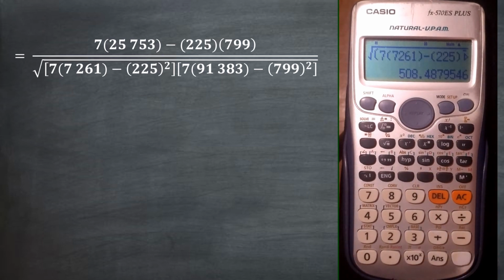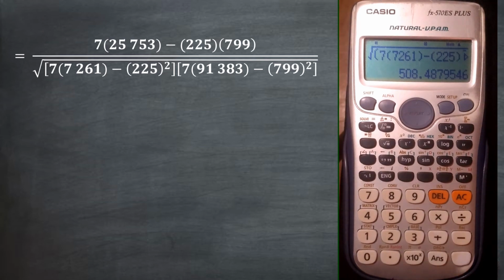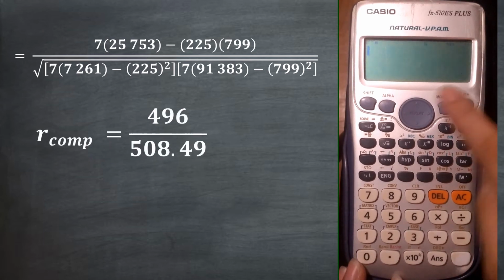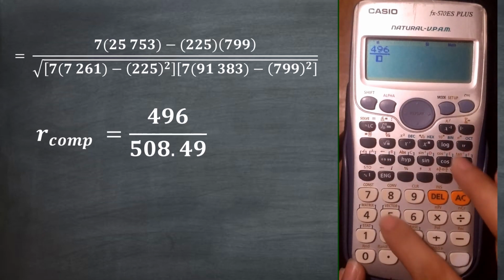This will be the value for your denominator. Kindly round this off to 2 decimal places. So we have 508.49. And then going back to the numerator, we have 496 all over